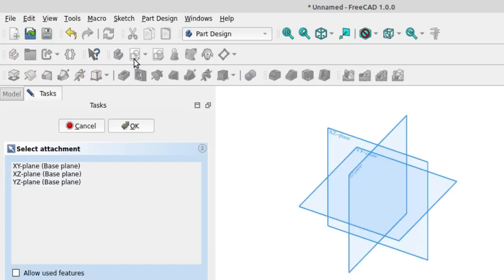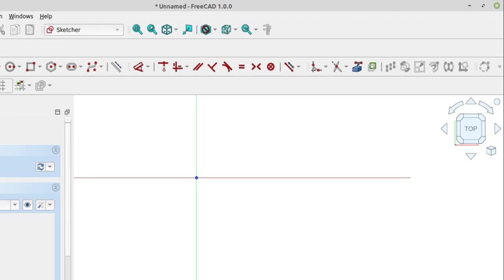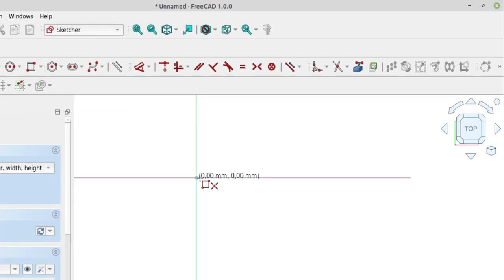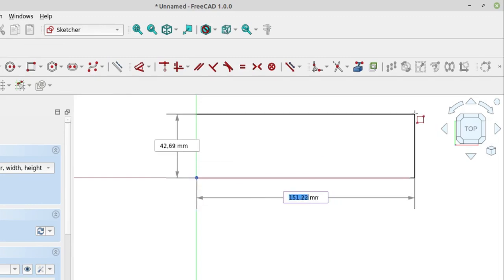I will choose the XY plane. I will make a rectangle with 150 and 60. Click enter.